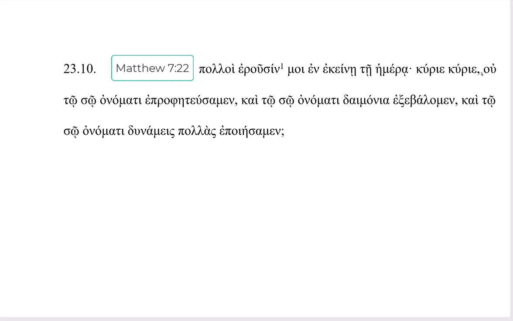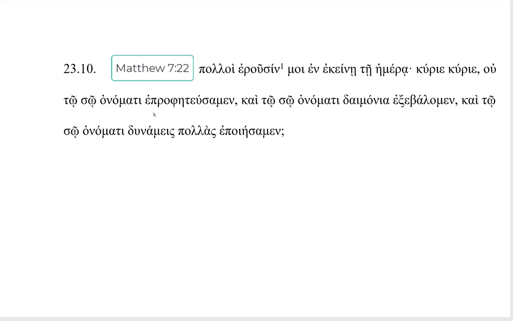Then ou, a not, and we'll put it together, ou to so onomati. So these are datives, literally to the name to you, and we would say this is to your name or in your name. Remember, the dative can be in, by, with, to, so this would be in your name. So not in your name,